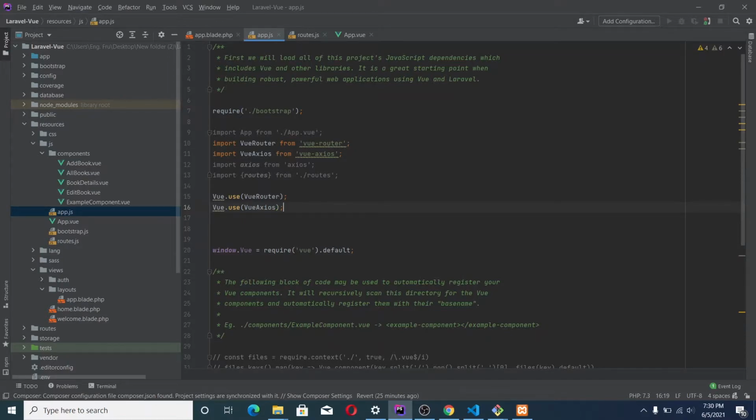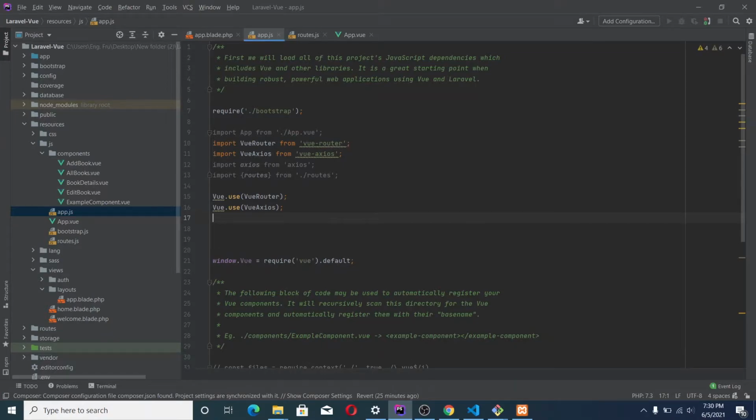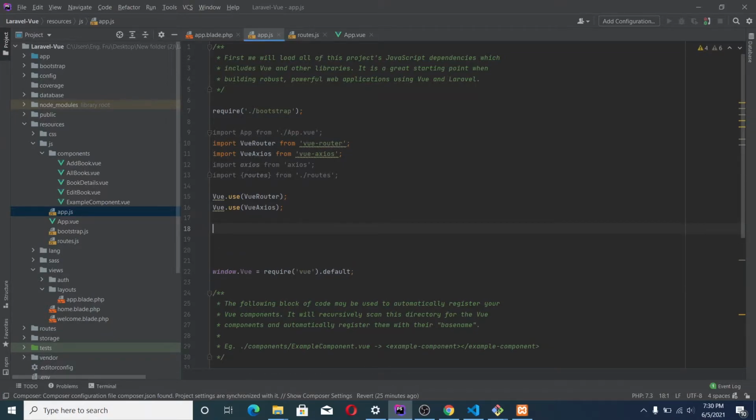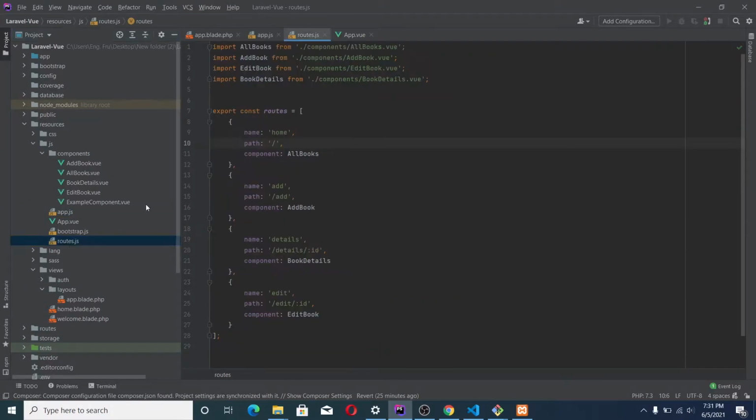Okay. So let's initialize our router here. Remember, we created our routes.js file and we are exporting it, in this folder, in a variable called routes.